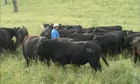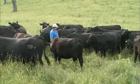Rick says it's important for both large and small producers to become involved in their state and national cattle organizations. A 30-head producer of cattle is still a piece of the pie. They're still part of the organization, and it is still very important that those producers are good producers,